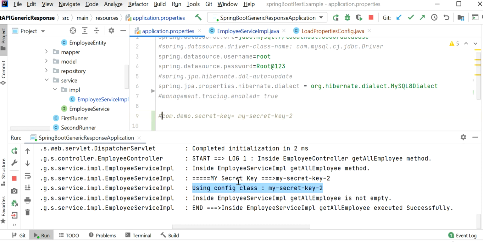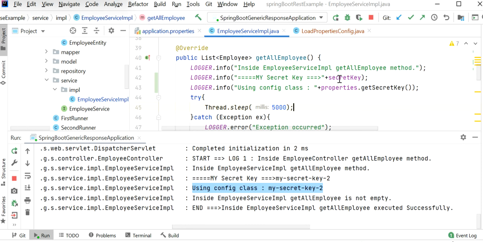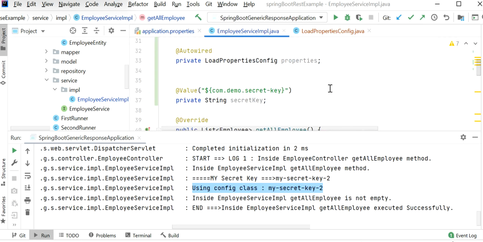So we will get its default value if this property is not available in my application.properties file. But in case of the @Value annotation, it will not be able to start the application if the key is not available. If I start my application again, it will not be able to start due to the @Value annotation, because this property is not available in my application.properties file. So let me start it.